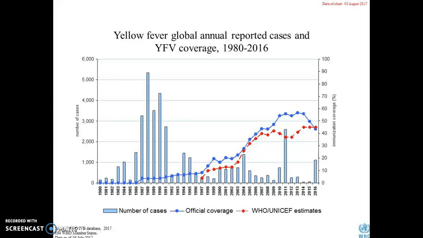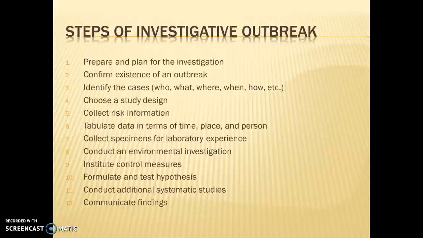This data from the World Health Organization really goes to show the increase of the outbreaks of yellow fever and the amount of vaccination coverage within the population. However, one of the things to consider is that in Asia, people are not vaccinated against yellow fever. It's just not prevalent in Asia as of right now. But now, as a public health official, we have to start wondering if these outbreaks are going to occur and the possibility of yellow fever spreading, how are we going to be able to control that?